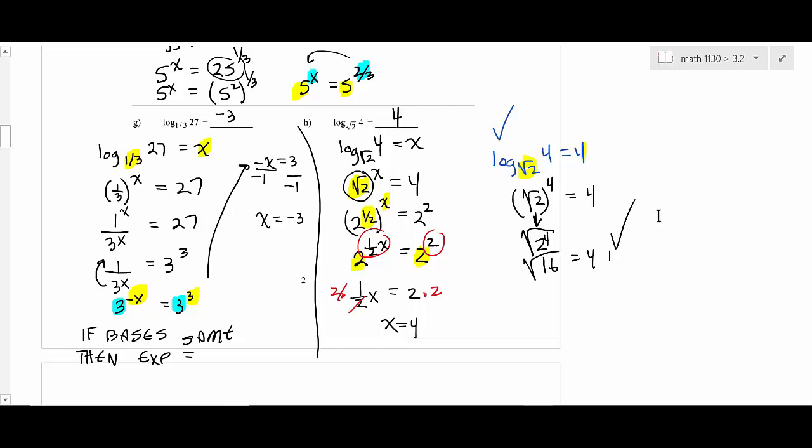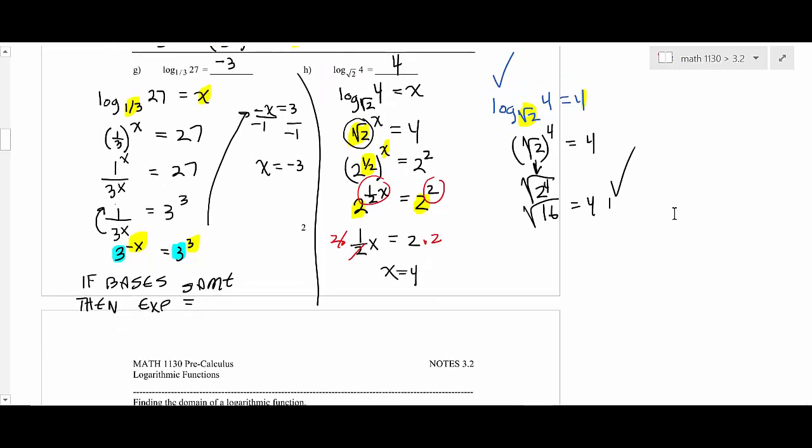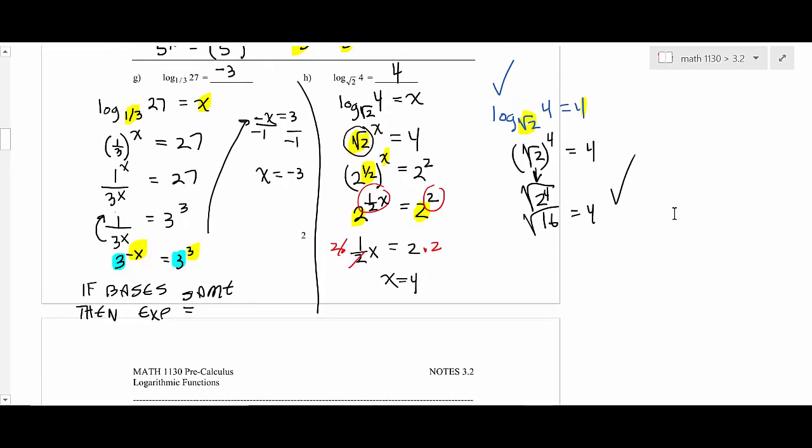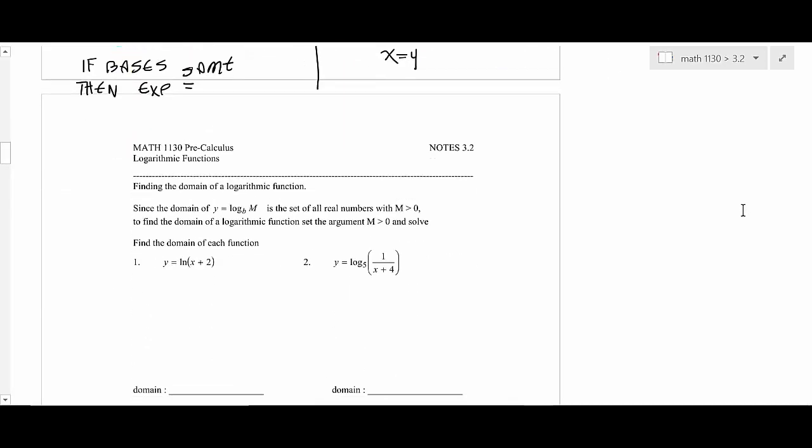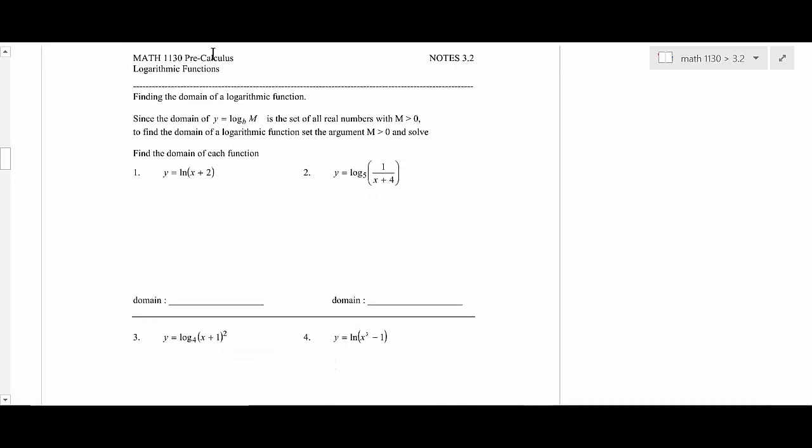Okay, so that takes care of that. We're now going to get into the graphing part of this. I've given you the introduction, and now we're going to get towards the graphing. The first thing we want to look at is the domain of